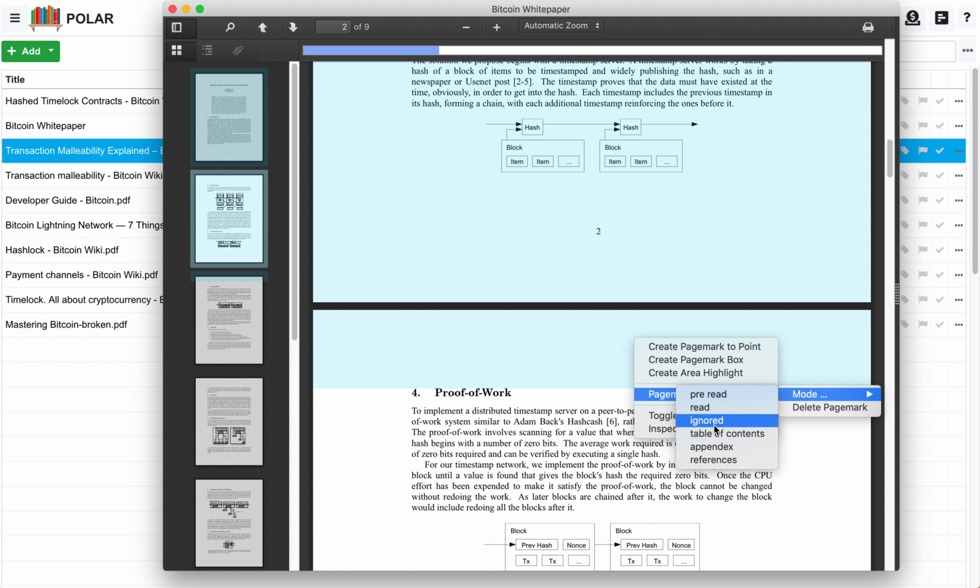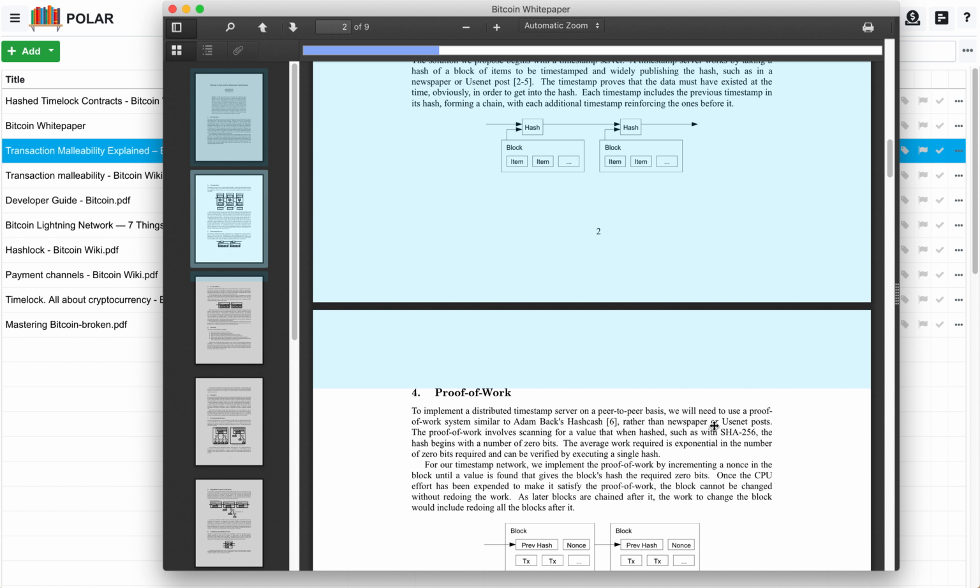I find this happens in technical documents where I just will know a specific topic, right? So let's say I'm reviewing mathematics and there's something on set theory, and you know that aspect of set theory, so that whole chapter you don't need to read. So you can create a page mark for it and just ignore it,